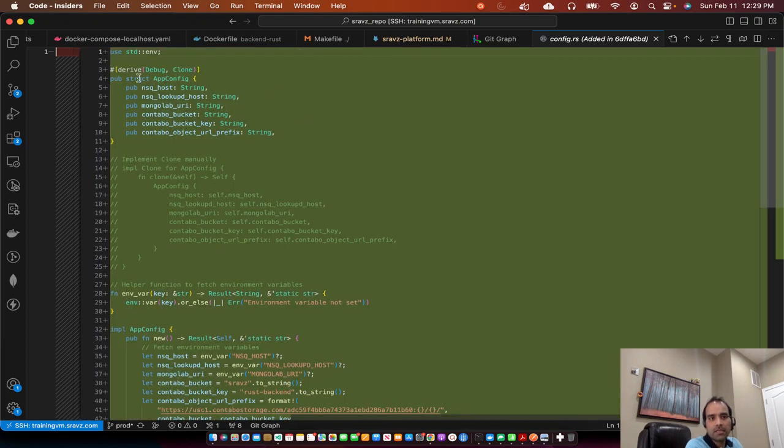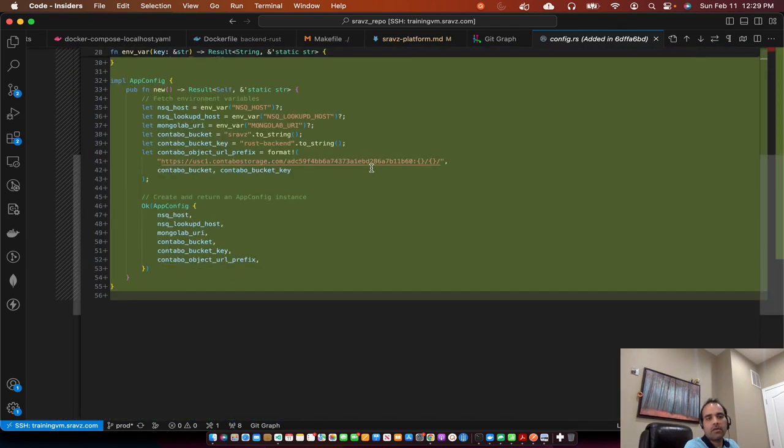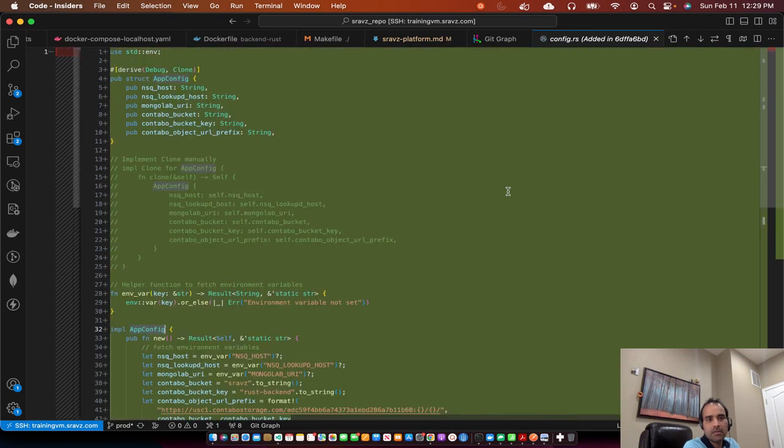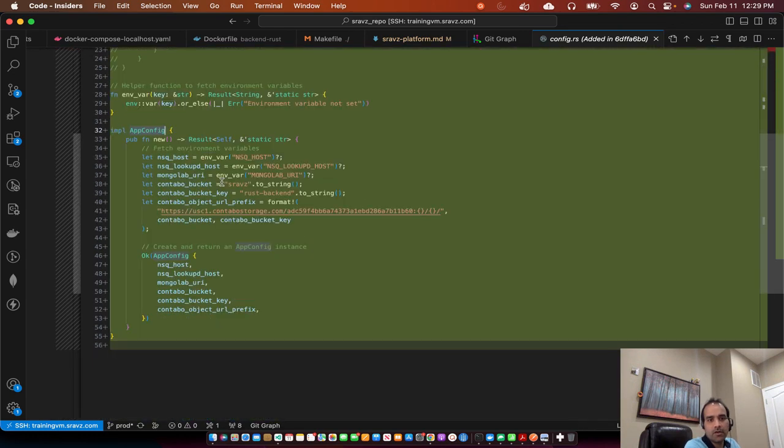So it's a struct which implements Debug, and Debug is so that we can print it out, and then we need Clone implemented. The default clone is sufficient because these are all primitive types. We need a clone because we will be cloning this struct when we pass it from main to router to services. And then it's just an AppConfig struct with a bunch of